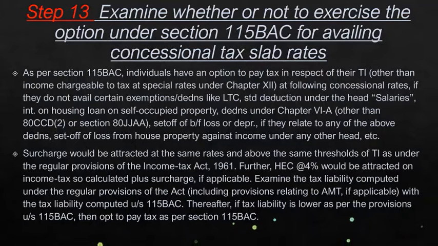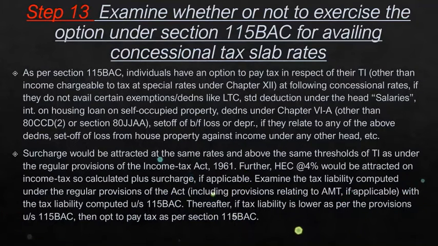As per Section 115BAC, individuals have an option to pay tax in respect of their TI, other than income chargeable to tax at special rates under Chapter 12, at the following concessional rates, if they do not avail certain exemptions/deductions like LTC, standard deduction under the head salaries, interest on housing loan on self-occupied property,